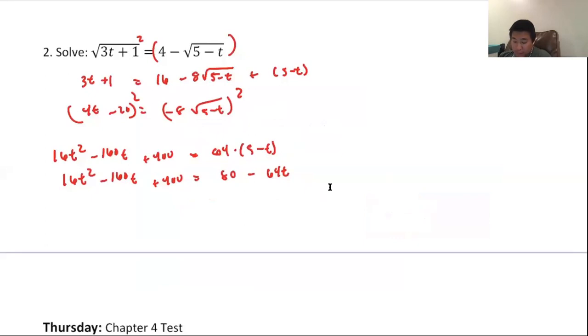Subtract 80, 320 plus add 64, negative 160 plus 64, negative 96t, 16t squared equals 0. Dividing by 16, 96 divided by 16,